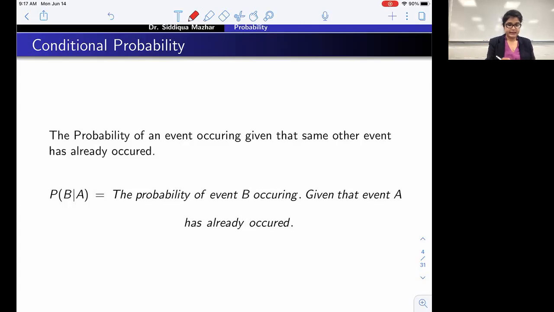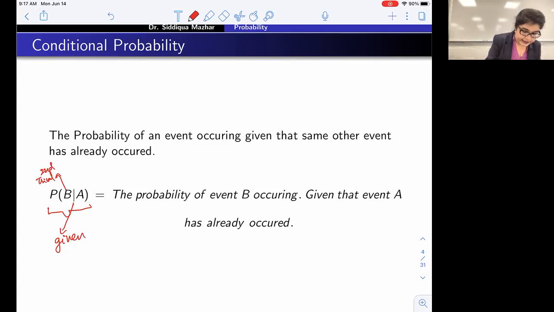In this case, this is the symbolic representation of the probability of B given A. We read this vertical line as 'given that'. The probability of finding an event B, this is my second experiment. From the second experiment, I'm looking for